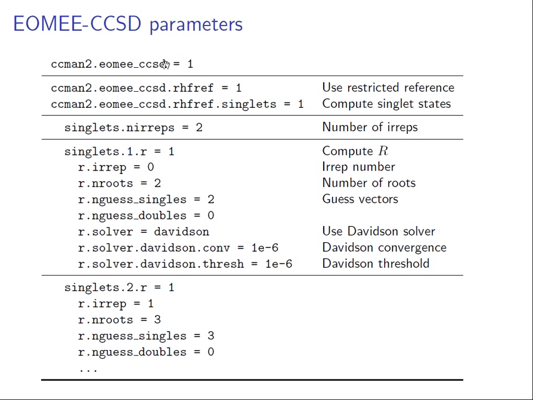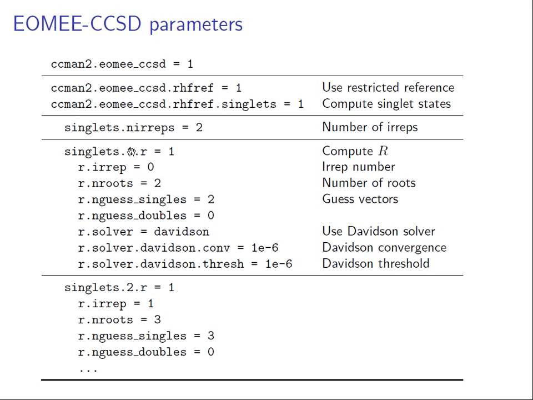So here we enable EOMEE. We set up that we're going to use an RHF reference. Let's suppose that in the input file we have the molecule, this is a closed shell molecule. So we're going to use an RHF reference, and we want singlet excited states. And then we have two irreducible representations in our point group symmetry, and we specify a section to solve for R amplitudes for each rep separately. And then for the first rep,